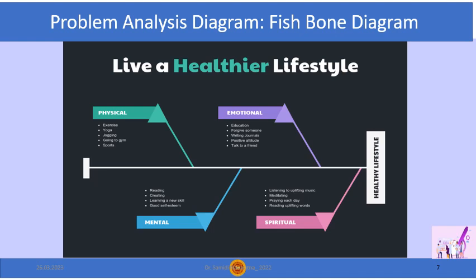Then emotional aspects like education, forgiving and forgetting, letting go, something like that, and writing journals, positive attitudes, then talking to a friend, are listed under the emotional fishbone. And then the mental aspects like reading, creativity, and learning new skills, good self-esteem,